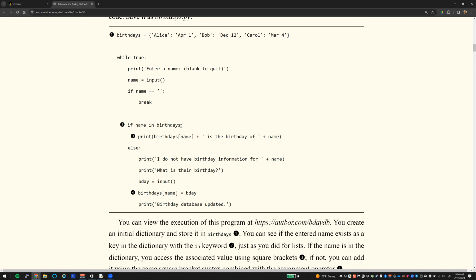aka whatever they typed in is in birthdays. Now, what birthdays does by default is it's going to check the keys. So if they type in a name and that name is in these keys, it will go ahead and return that value right here. Print, this is the day. Otherwise, it will say, I don't have the information for whoever you just typed in, name. What is their birthday? You put in the birthday and it goes ahead and stores that in the dictionary for you. All right. Notice to store that information,